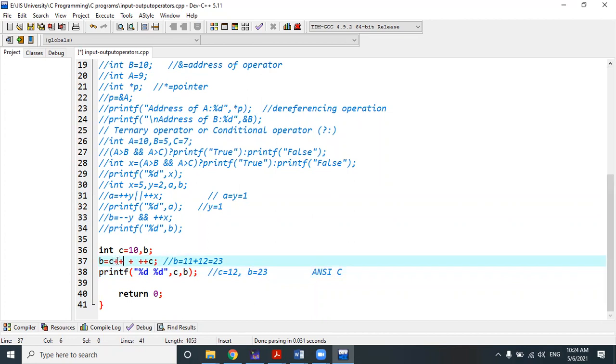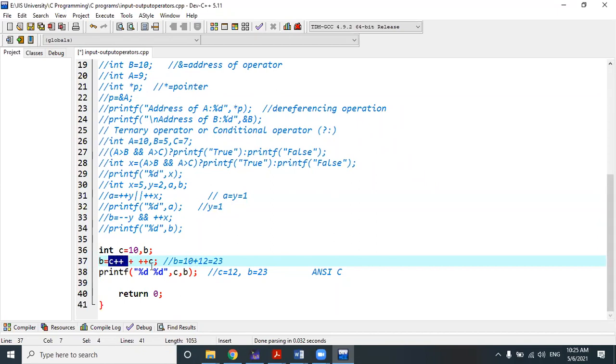Okay, logically, can anyone tell me these things? c plus plus plus plus plus c? Sir, 22, 11 plus 11. No, 10 plus 12, not 11, because it is a post increment operation.